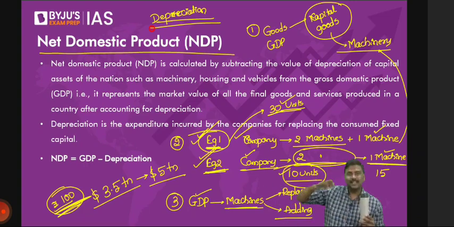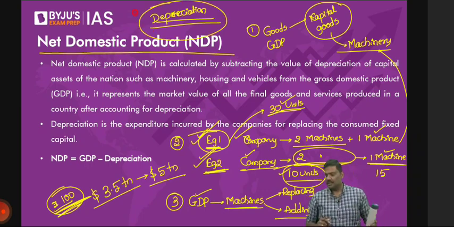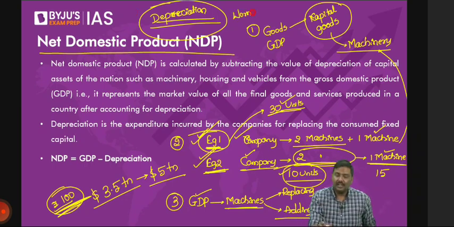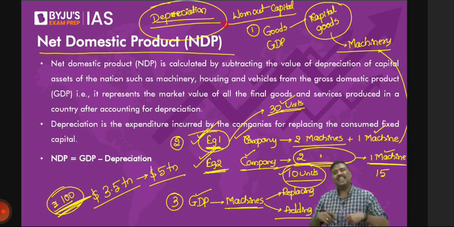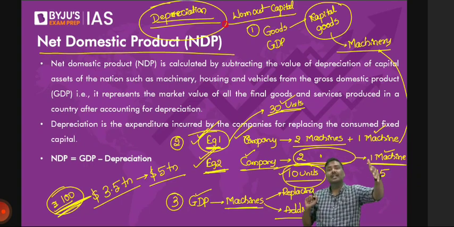Now, please understand this. The money that you spend, the value to replace old machinery with new machinery, is called depreciation. Is it okay? How much money do you spend to replace the old machine with a new machine? That is, there is worn out capital. They will use a technical term here. They will say worn out capital. Best example of a capital is what? Machinery. Can you keep on using the same old machinery? Absolutely no. You'll have to throw away the old machine and replace it with a new machine. Now, how much money you spend for that is called depreciation.